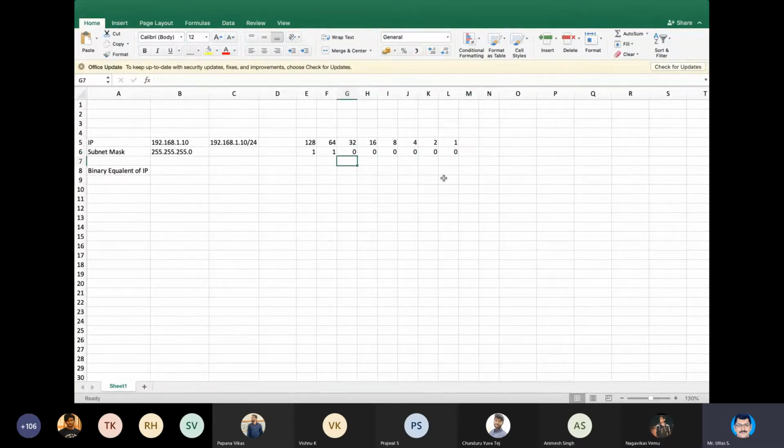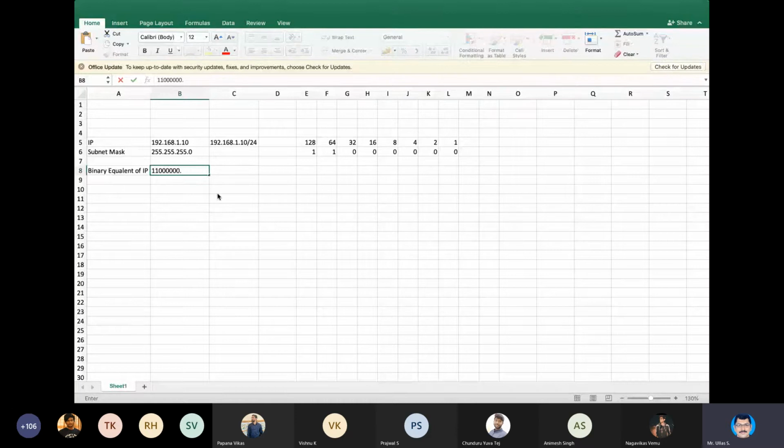See, so quickly I have calculated. If you are going by division method, you will be getting 0 here first, right? You will be getting from LSB to MSB actually. So you have to divide till it becomes 0. So this is how you convert decimal into binary if it is only an octet, that is, if the value is less than 255, it's pretty easy. Okay, so the first digit I have calculated.